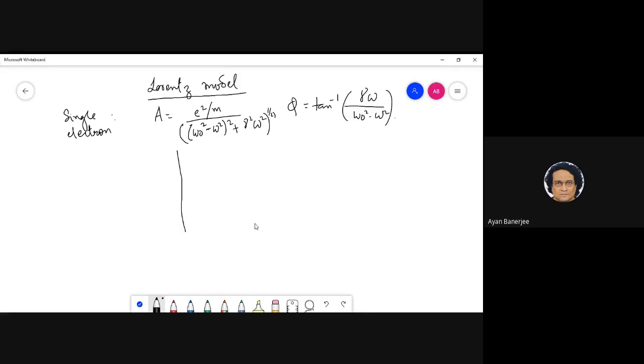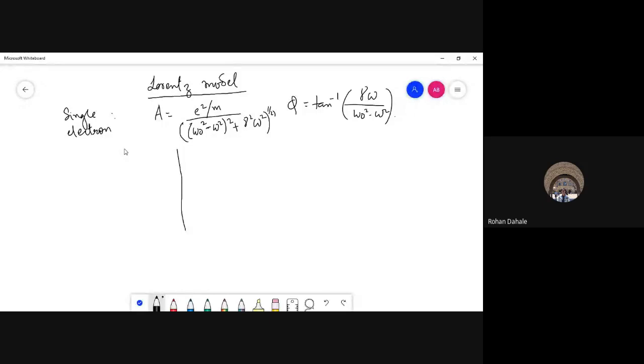Yeah, Rohan, what were you telling me? Yeah, this is sounding much better. We are missing the electric field term in the amplitude. I guess it should be small e times electric field, and then in the denominator, I think the square root should not be there, I guess, because it is matching the dimension.